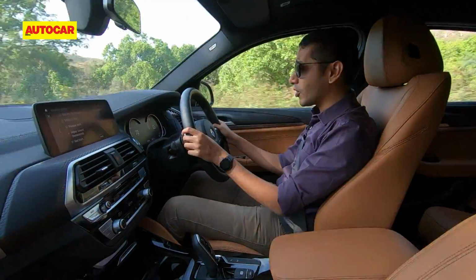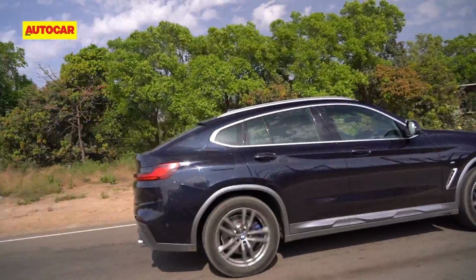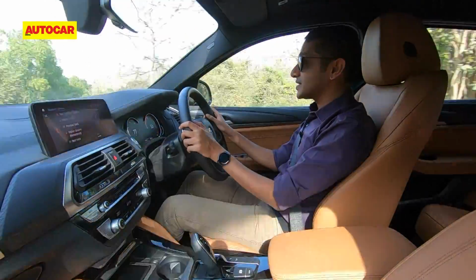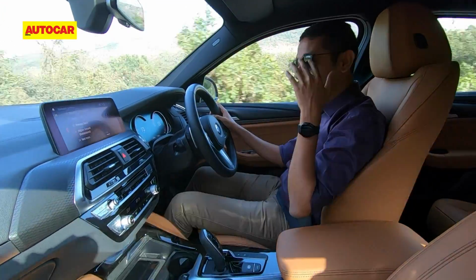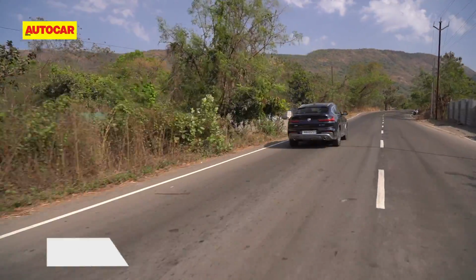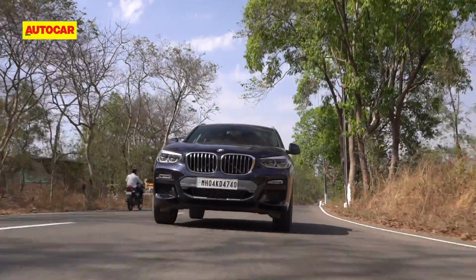But when you do put it in sport, you get incredible body control. While the softly sprung Merc doesn't inspire a lot of confidence in corners at speed, the Beamer is a lot more composed. The gearbox behaves more consistently too. It shifts smoothly when you're driving slowly, and even when you're going hell for leather, it doesn't get caught out. It shifts away really quickly and really smoothly in the background. So on the driving front, the BMW has a clear edge, but these are still SUVs, so practicality does play